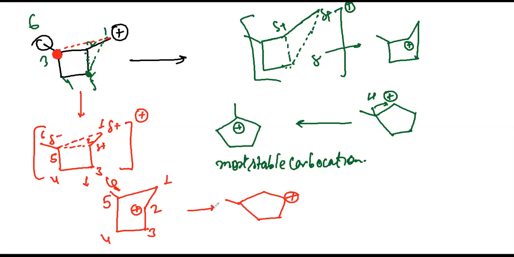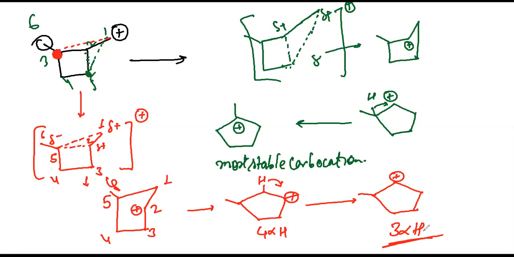Now, even if you feel, if I make a hydride shift, let's say I shifted hydride. How many alpha hydrogen can you see here? I hope you can see 4 alpha hydrogen. Now, when you show hydride shifting, you get this. How many alpha hydrogen do you have now? 3 alpha hydrogen. Can you count it? In this case, we have 3 alpha hydrogen.